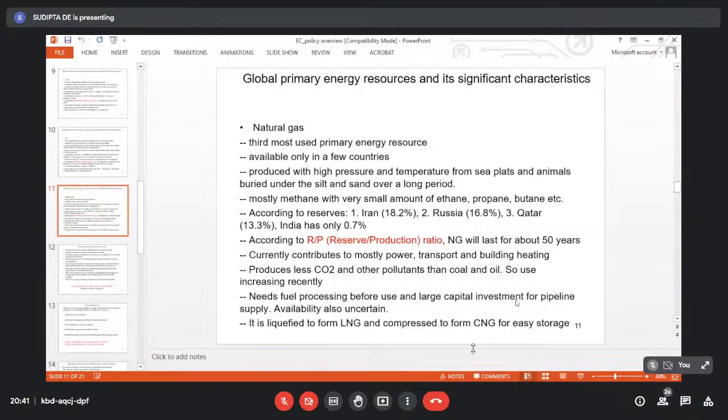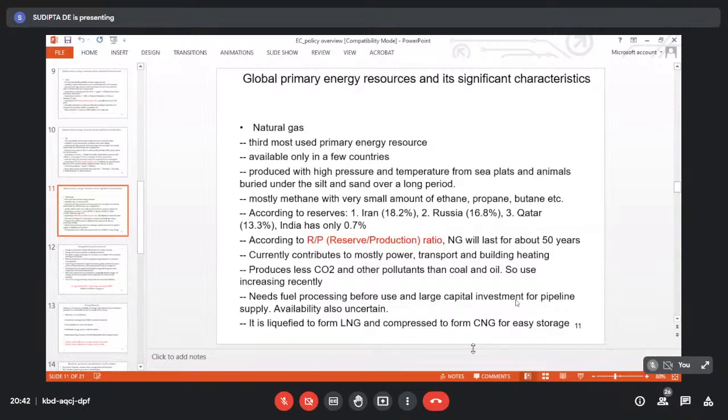So if any fossil fuel has a higher hydrogen percentage in its composition, then obviously it will be less harmful to the atmosphere, because it will produce less carbon dioxide per unit calorific value. And natural gas is that particular fossil fuel, because it has a higher percentage of hydrogen, so obviously it's considered a cleaner fuel, not a clean fuel but a cleaner fuel. Cleaner means with respect to other fossil fuels, both oil and coal.